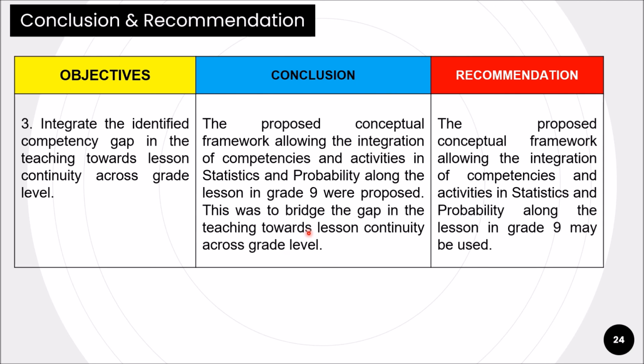Lastly, for the conclusion that corresponds to objective number 3, the proposed conceptual framework allowing the integration of competencies and activities in statistics and probability along the lesson in grade 9 was proposed. This was to bridge the gap in the teaching towards lesson continuity across grade level. As per recommendation, the proposed conceptual framework allowing the integration of competencies and activities in statistics and probability along the lesson in grade 9 may be